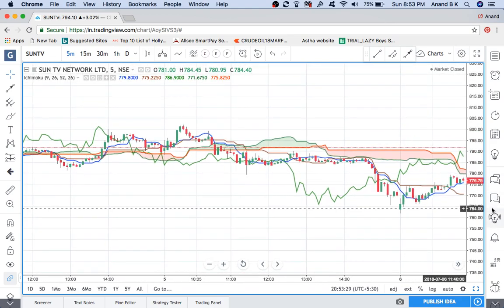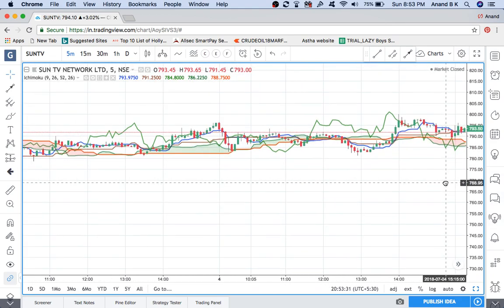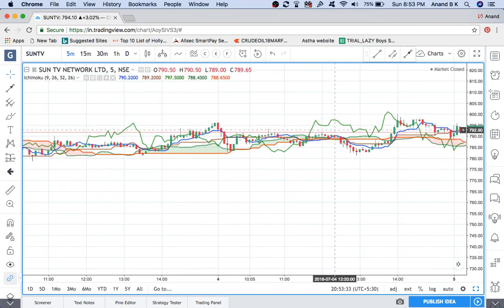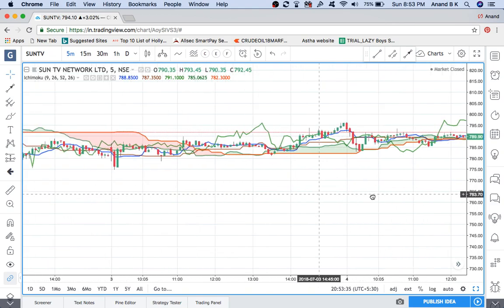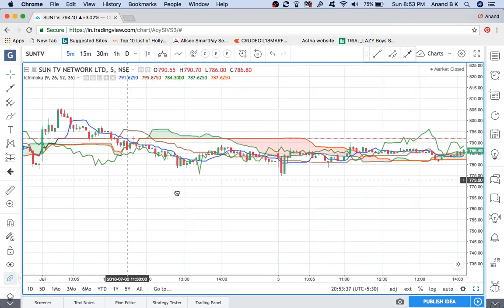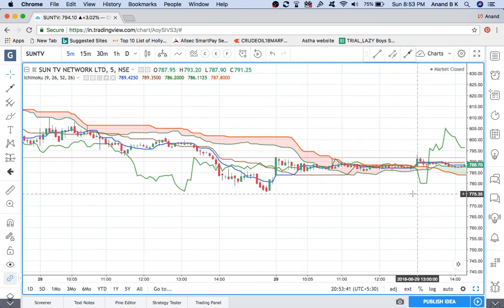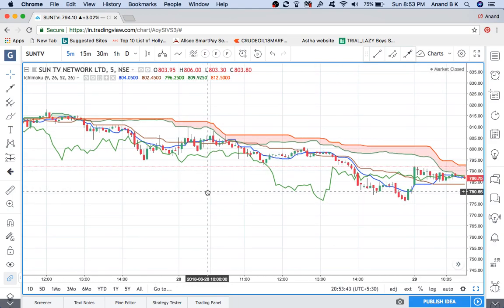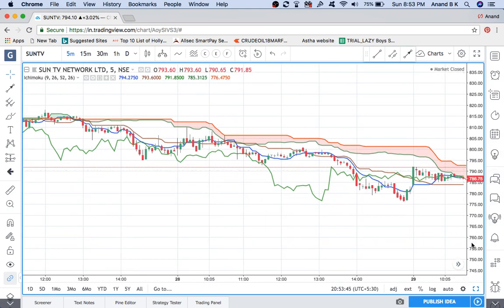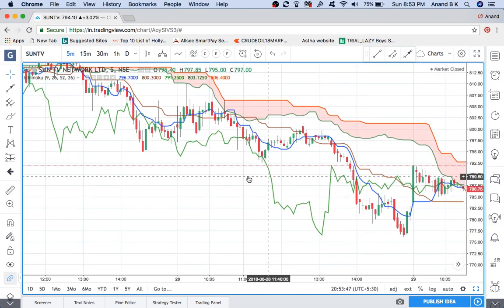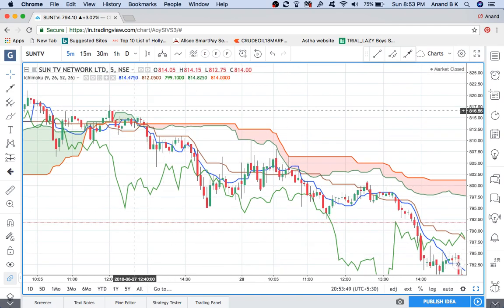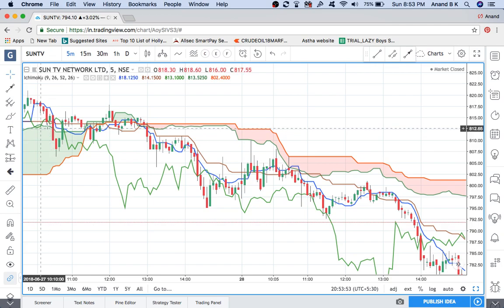So if you look at this chart, there is a huge amount of consolidation phase where you can see that it is very choppy. But when you go to any kind of trending phases where you see a good trend up or good trend down, this would have given a great indication in terms of how and when. So you can see the cloud expansion happening. That means the faster moving average is way far away compared to the slower moving